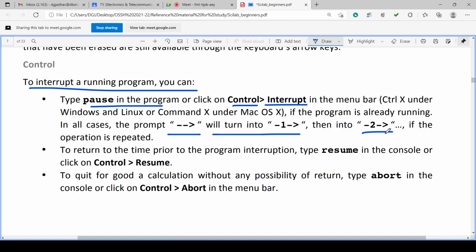To return to the state prior to the program interrupt, type resume. There is also a resume button or resume menu.